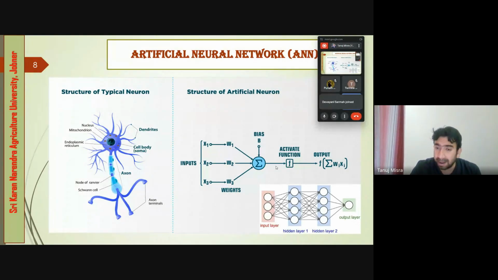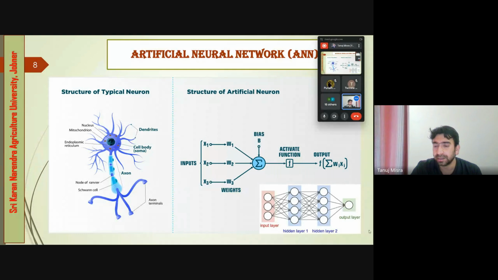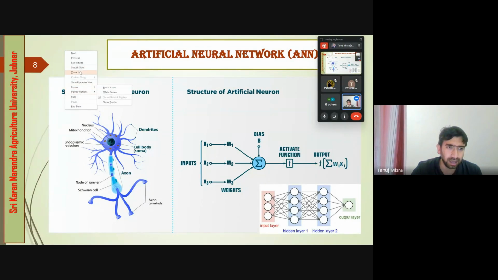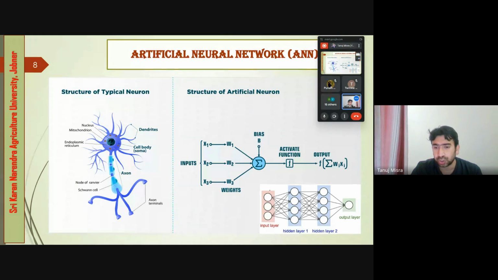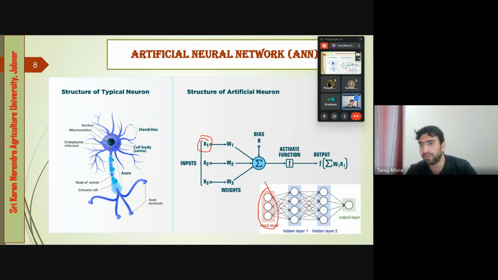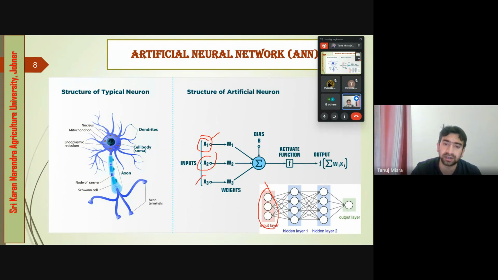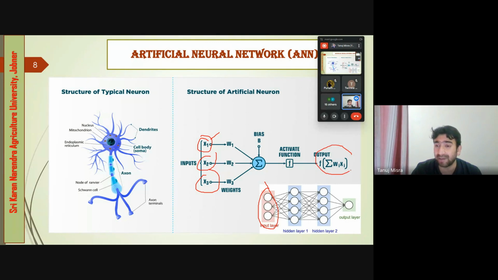So these inputs came. So these are the input neurons. We can say this is the input layer. You can see this diagram. I think you can use the pointer device. Yes, pen. So this is the input layer. This is the maximum temperature, minimum temperature, relative humidity, and these are our aphid population.